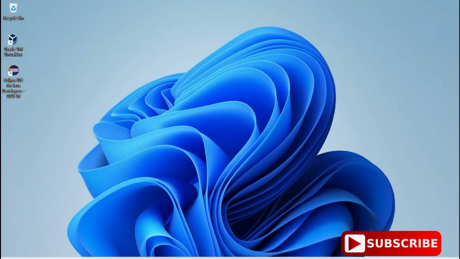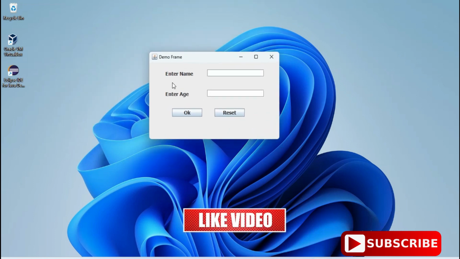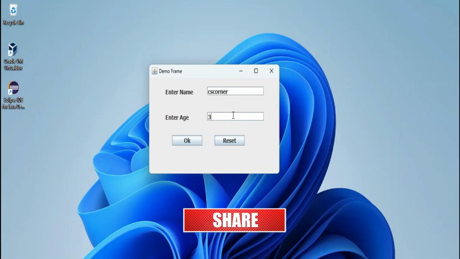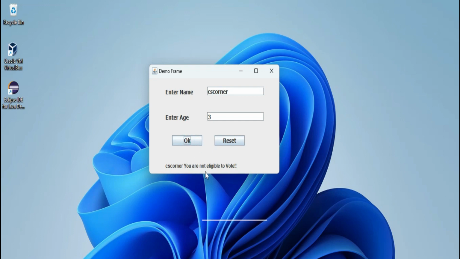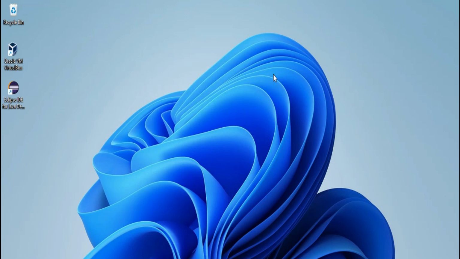Now let's run the program. To run, again just click on this play button. Okay, so guys, now you can see here I'm entering some name and some age, and it is showing me that you are not eligible. So username and you are not eligible, and if I type a proper age, then it's showing me you are eligible. So done guys, this was just a simple demonstration of how to create a simple application. I just took 2-3 text boxes and showed you. You can have a project with only one component, just to check whether your WindowBuilder is running or not.